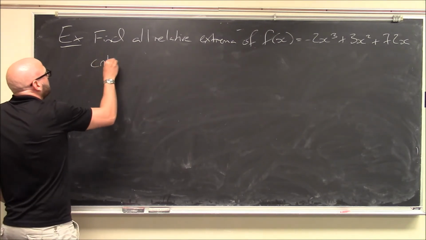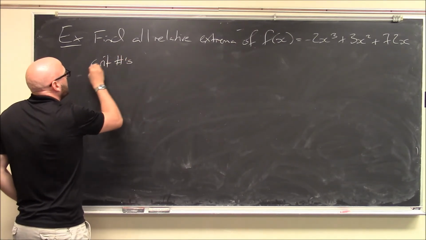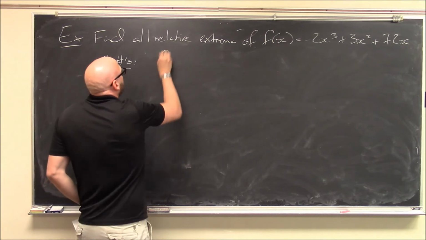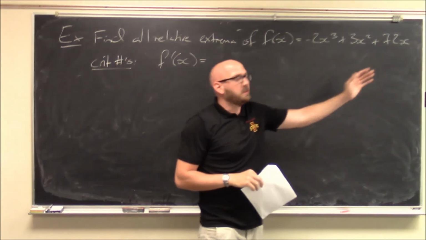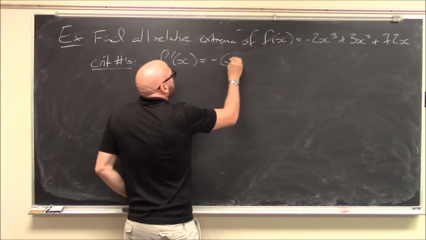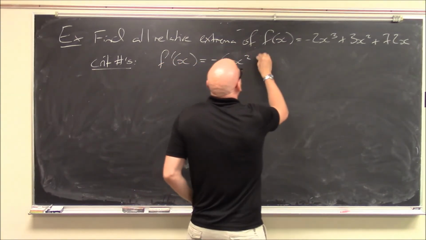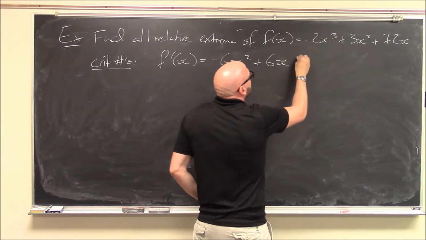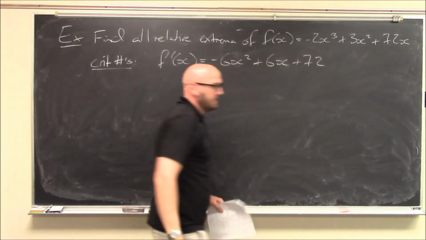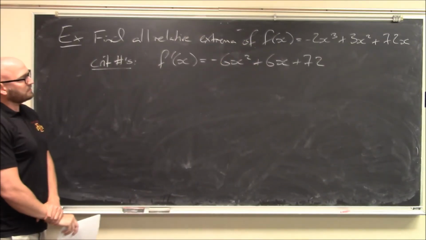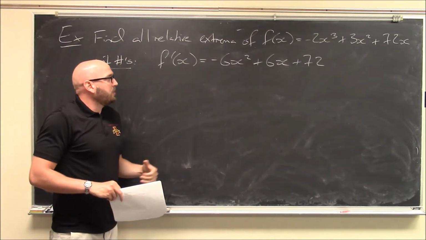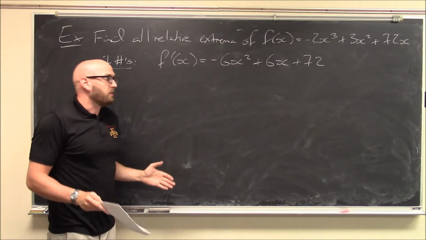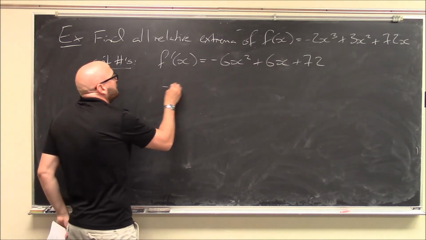So we'll come in here and try to find the critical numbers, meaning I need the first derivative. It's a polynomial, so it's not too hard to differentiate. Minus 6x squared plus 6x plus 72. This is defined everywhere, so I don't have to worry about points where my derivative is undefined. I don't have any critical numbers like that. But